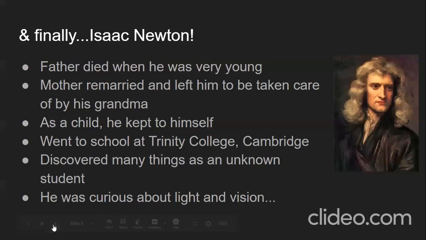Okay. And finally, I'm going to talk about Isaac Newton for a while and give you some background into his life. So his father died when he was very young, and then Newton's mother remarried an older man, and the older man was excited to have a young wife, but not a 3-year-old son. So Newton was left with his grandmother, and it was really sad because he lived close to his mom and stepdad, but his mom just didn't really care about him. So yeah, his grandmother raised him. He was very reserved as a child. He would just read, keep to himself, and build things.